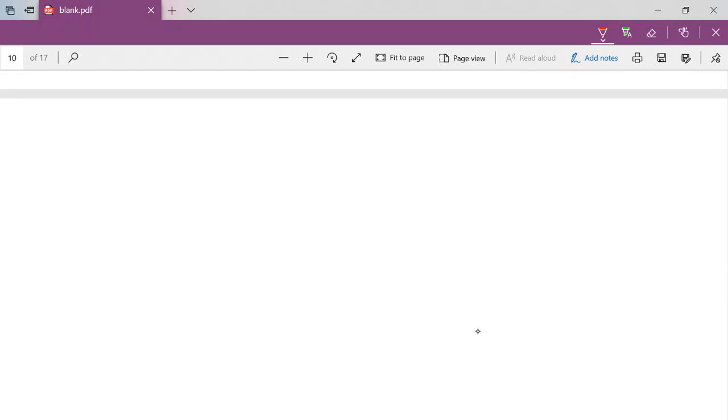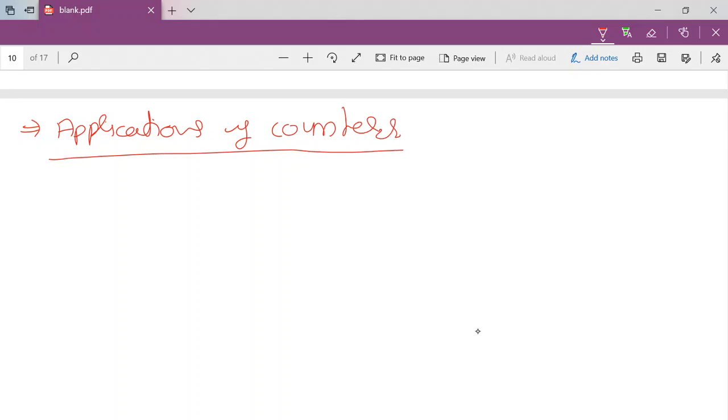Now we are going to discuss various applications of counters. The first application is to count the number of times a certain event takes place.